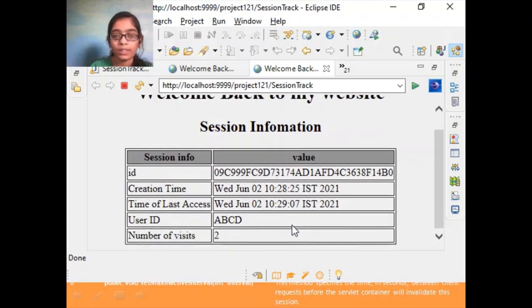Here you can see that the number of visits is 2. I have already run this program 2 or 3 times. That's why it is showing the number of visits is 2.